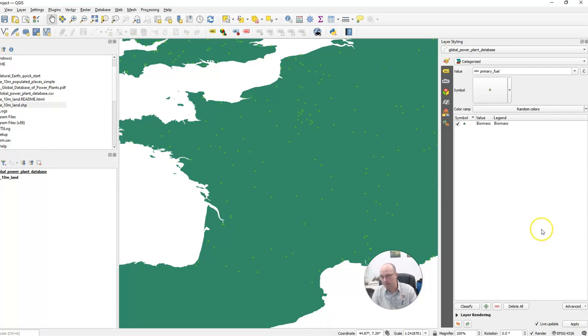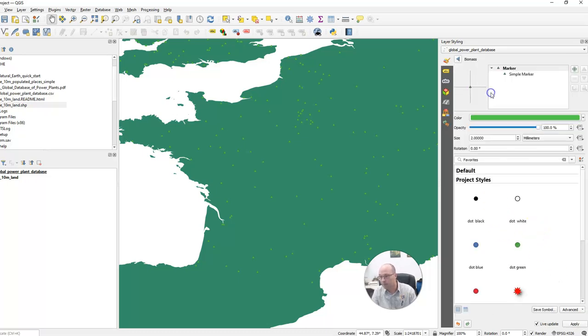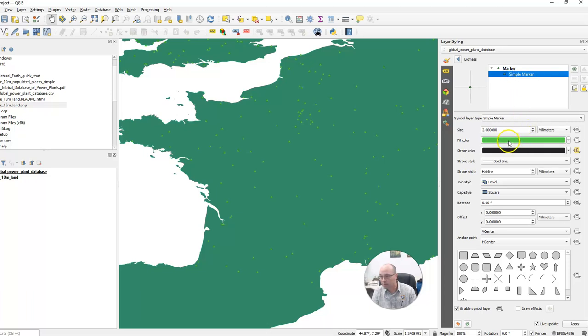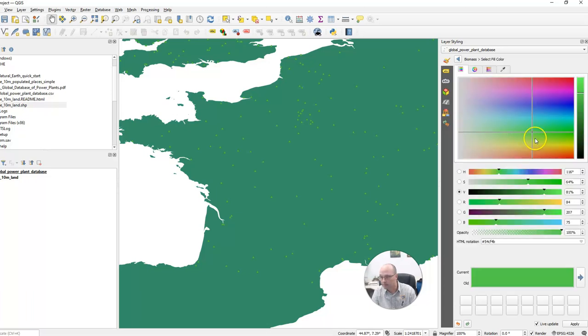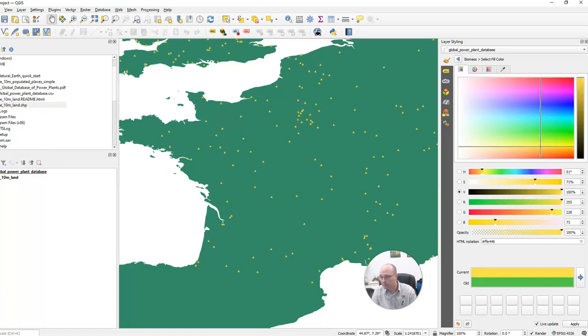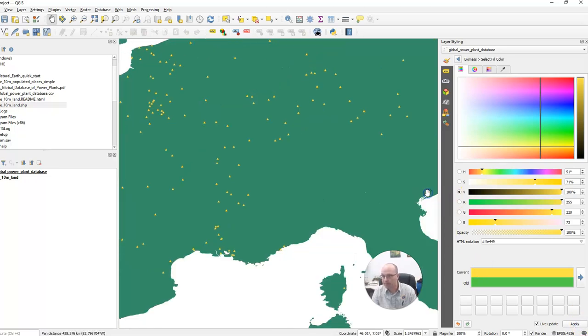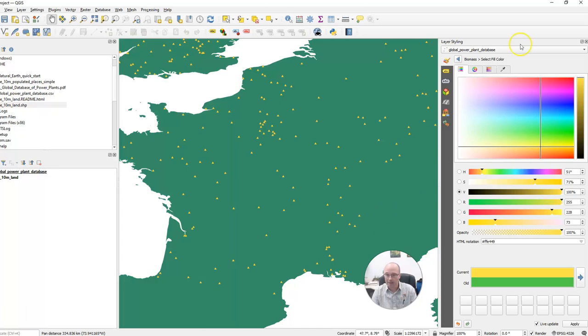Apply. It's still not doing anything. I don't know why it's not doing anything. It's weird. It keeps going back to that color. Maybe I need to click on the simple marker. Oh, there's our reason. Okay. Simple marker, we'll go to yellow, get a nice bright yellow, and there we go. All right, so now we're good. All right, so plus playing around with the symbology a little bit is